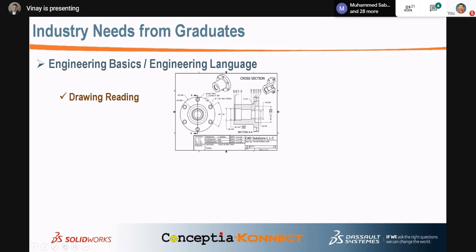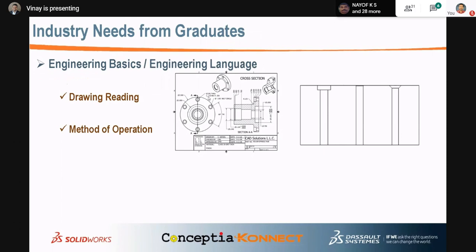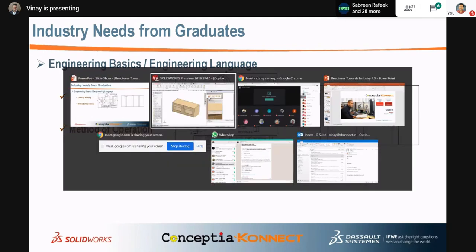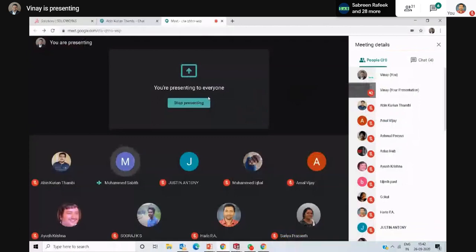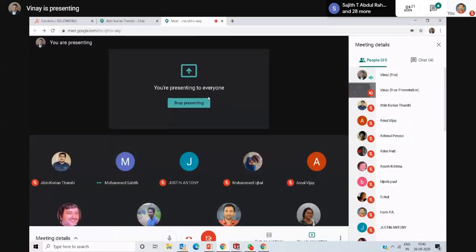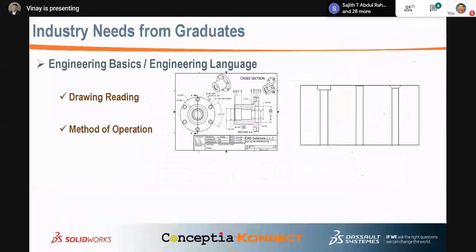What is the symbol of this? Can anyone tell me? No, because you don't know. Sorry, what is that? Yeah, good, I appreciate it. Can anyone tell me? Language of engineering, not that symbol. What I'm asking you about is that symbol. Like a square is given here, and dia 0.406 they have mentioned. You can see this, right? So what does this symbol represent?